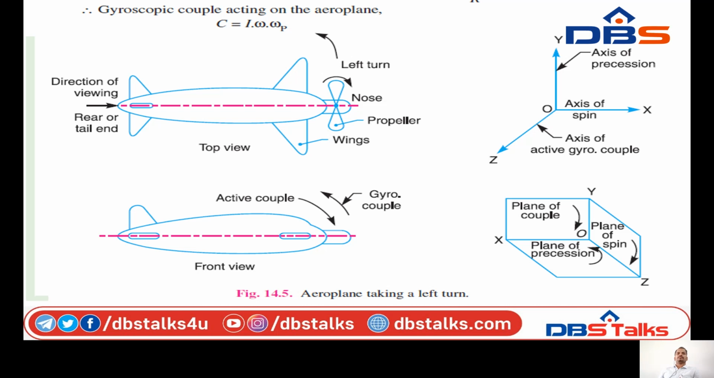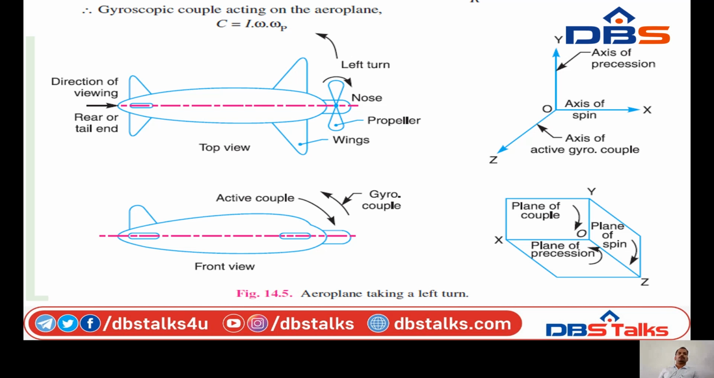So we can see in the diagram the direction of the axis of spin and the direction of the axis of gyroscopic couple on the aeroplane, that is OZ. The reactive gyroscopic couple, which is of equal magnitude to the active gyroscopic couple, will also act about the respective OZ. So the OZ rotating clockwise, the reactive gyroscopic couple will rotate in the opposite direction, and the effect of this couple is therefore to raise the nose and dip the tail of the